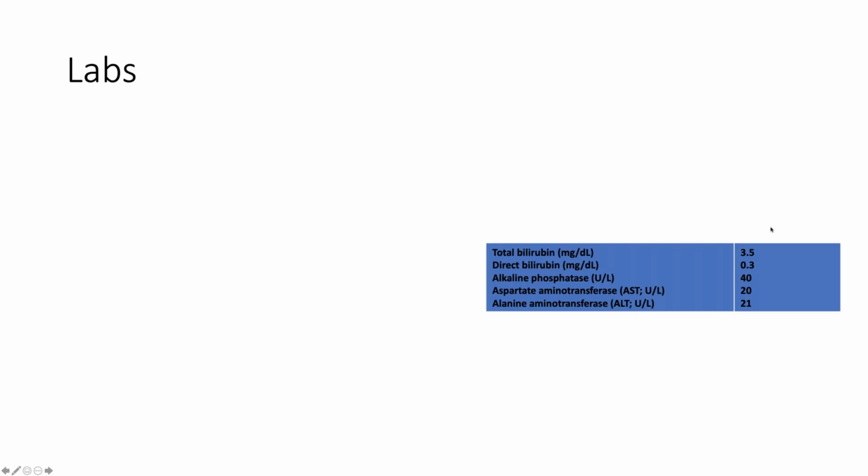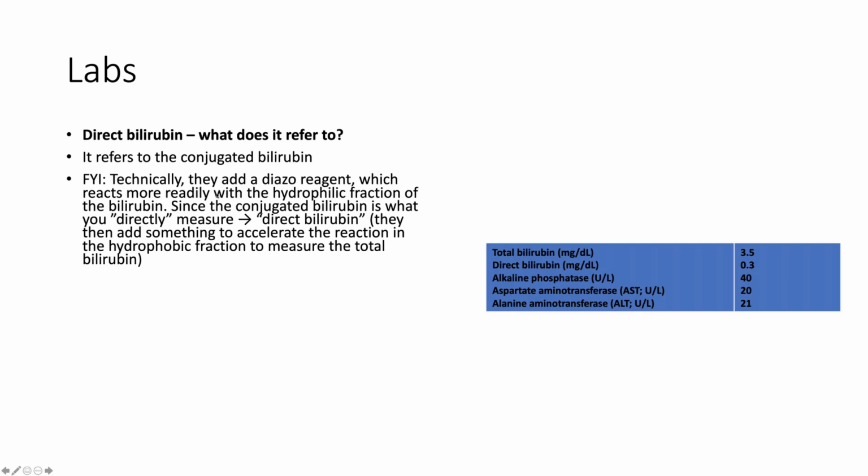Let's try and dig into this. So Claudia, what does it mean? What does direct bilirubin actually refer to? So you've got total bilirubin and direct bilirubin. So what does it mean to say direct bilirubin? Is that conjugated bilirubin? That is conjugated. It refers to the conjugated bilirubin. So technically, if you're curious,